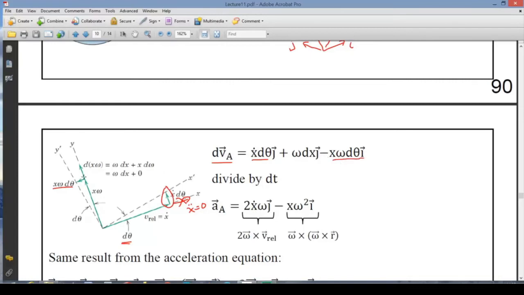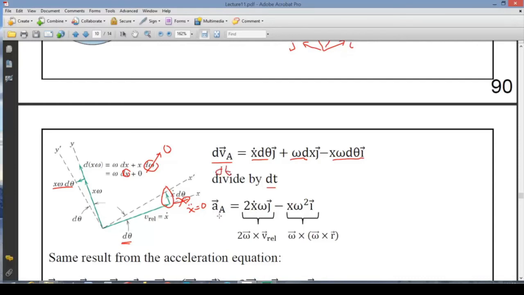And then because of the change of the magnitude, and the magnitude change is only due to the change in x, the change in omega is equal to 0 as we have defined it in that way. So we have omega dx in the j direction because of the change of the magnitude. Now, if we divide both parts of the equation by dt, as we have done in similar procedures previously, then we end up with the acceleration of A, because we divide this dVA by dt,